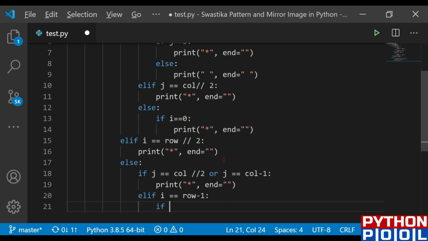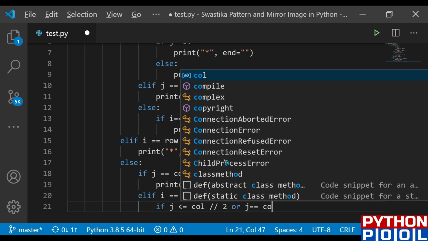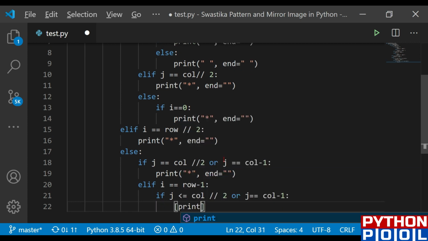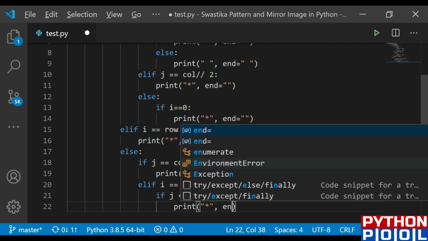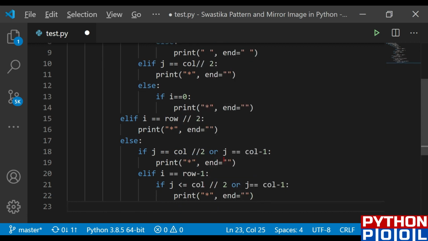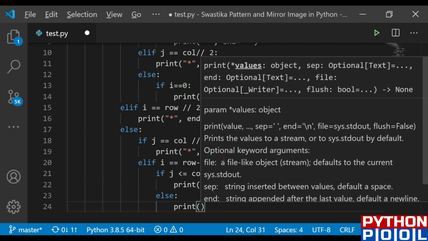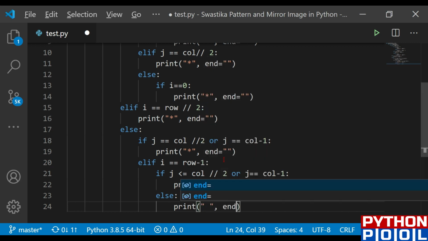If my j is less than or equal to column by 2, or my j equals column minus 1, the same as the upper condition, we need to print the stars, and the ending is once again blank. And what is the else condition for this particular logic? We need to print the gaps. This is my else condition, and the ending should also be the gaps.